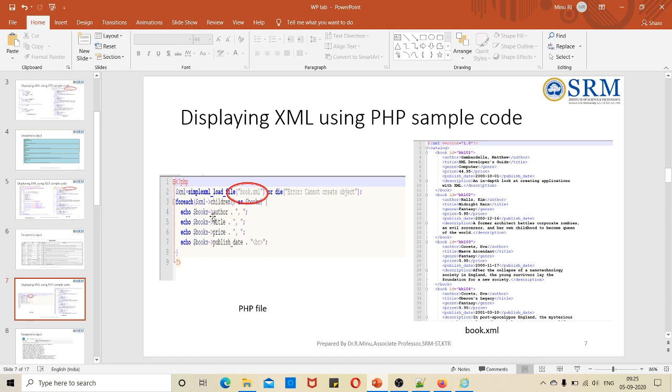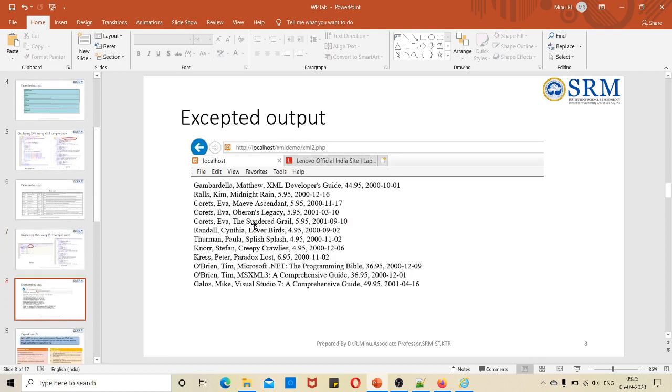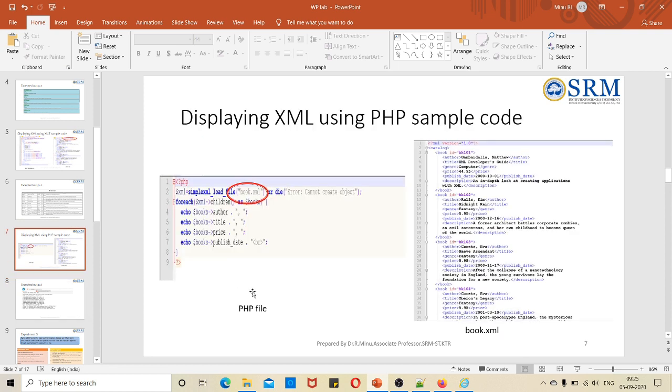So echo $book['author'], then a space, comma, then $book['title']. Likewise I have displayed all these elements, and when I run this PHP code with my browser, I haven't used any styling or formatting, so it just displays all the elements something like this. So let me show this particular demo.